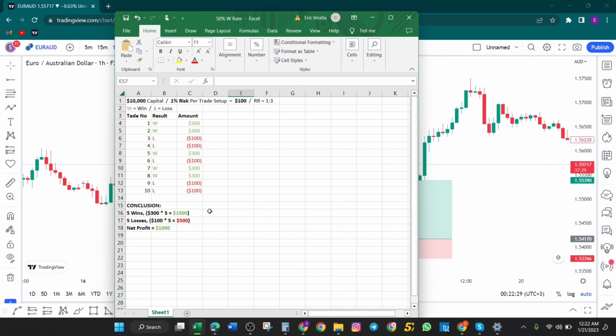Now, one of the biggest advantages of using a good risk to reward ratio is this: one trade makes 3 times what I'm losing on one trade. So that simply means even if I had 3 losing trades in a row, then I found just one profit trade, I recover all my losses within one trade. This is not the same when you're doing a poor risk to reward ratio like 1:1. So always try to make sure that your risk to reward ratio is quite big if you want to